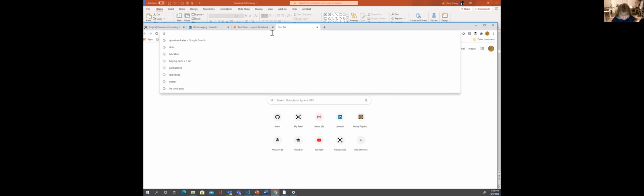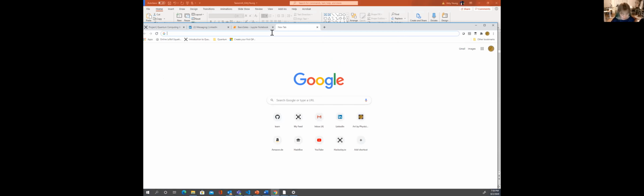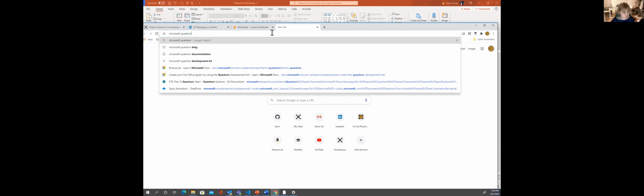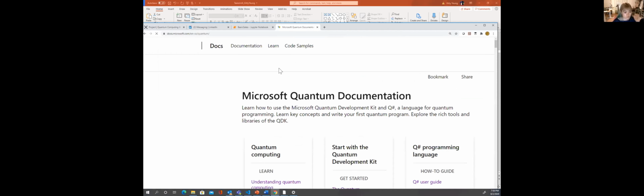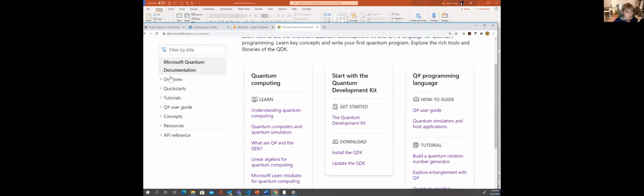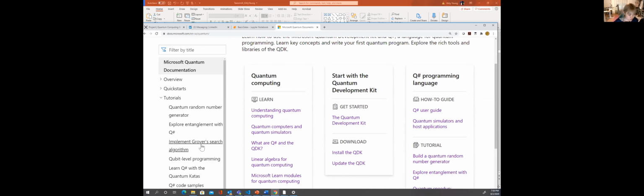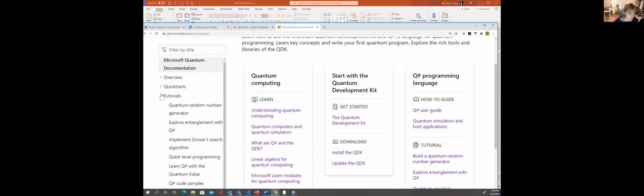If you go to Microsoft quantum documentation, it's a very nicely organized documentation page. Actually, I managed it, so I shouldn't have posted about it. But yeah, my team does a lot of great work on this. You can find a lot of the concepts and how to install, how to develop, and there are tutorials for you to try these algorithms and samples